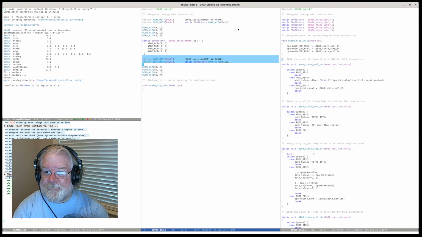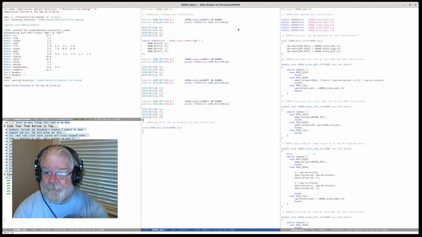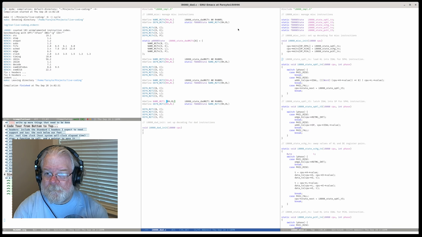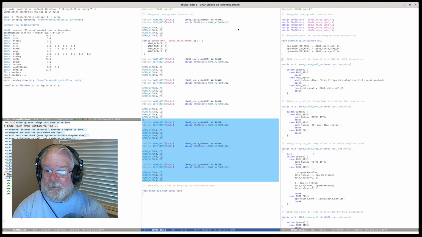We're going to need M2T2 and M2T3. And then we're going to need functions for M3 as well.